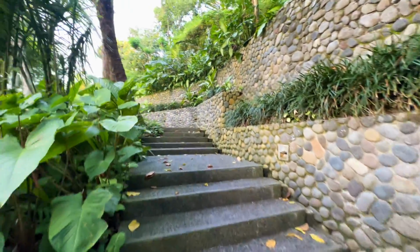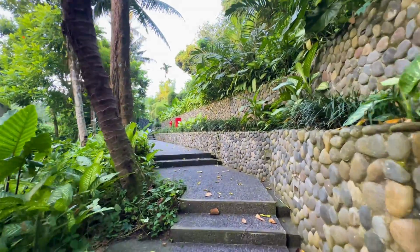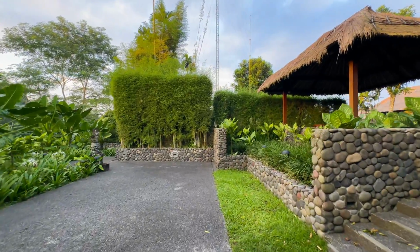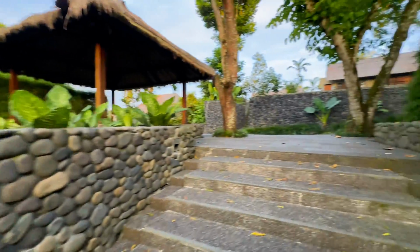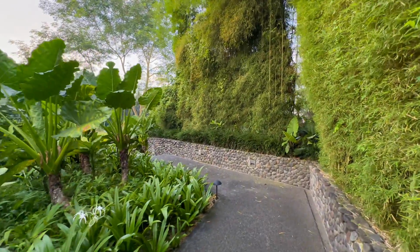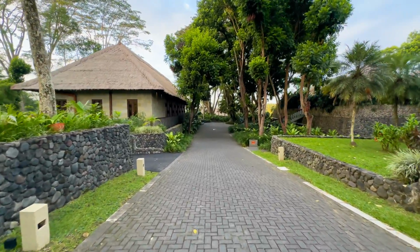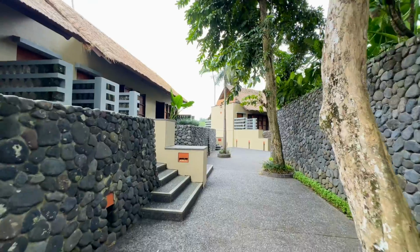They only had these kind of slip-on shoes, so I wish that they had soft slippers. But overall, the grounds here at the Alila are probably some of my favorite in the world. You just want to go for walks no matter where you go. They really keep everything trimmed, really nice, beautiful, and then of course at night it's all really well